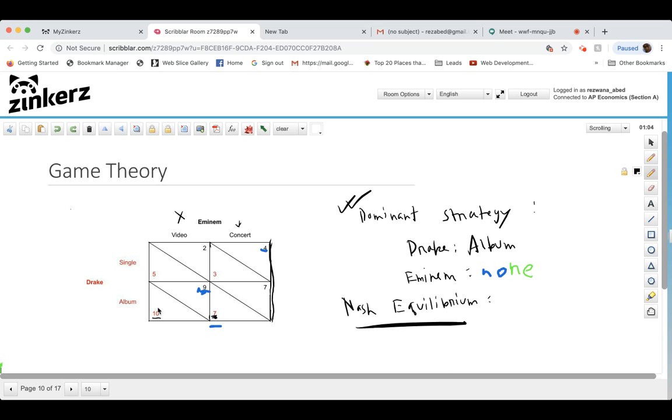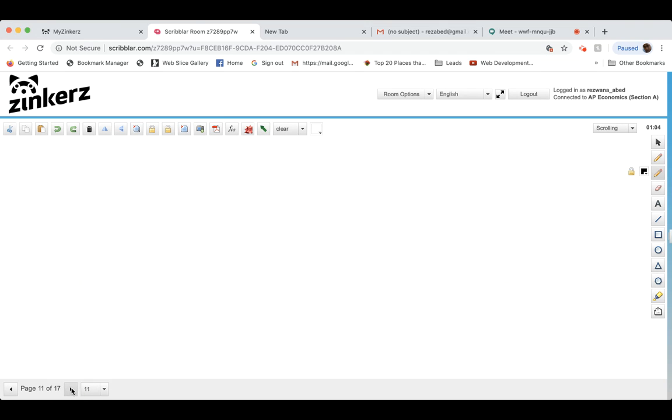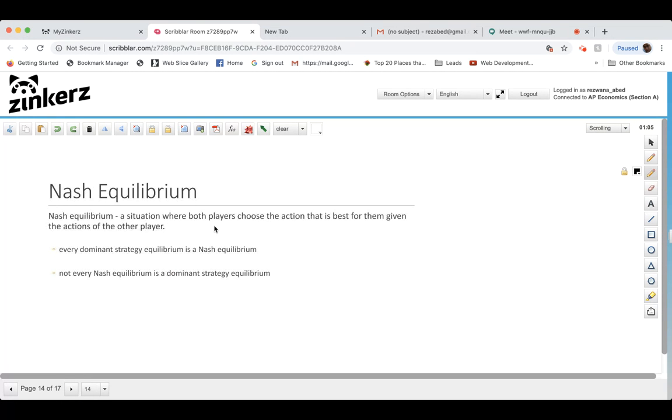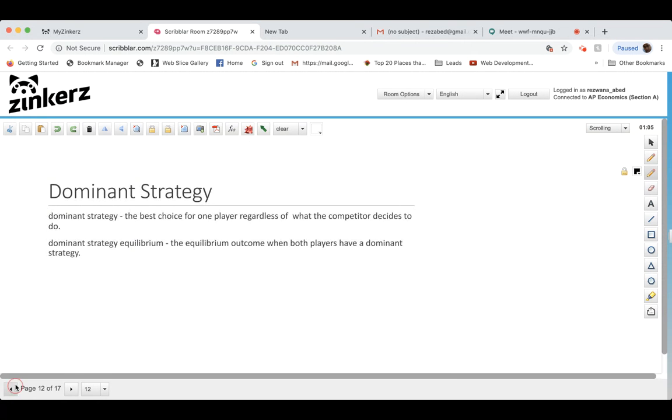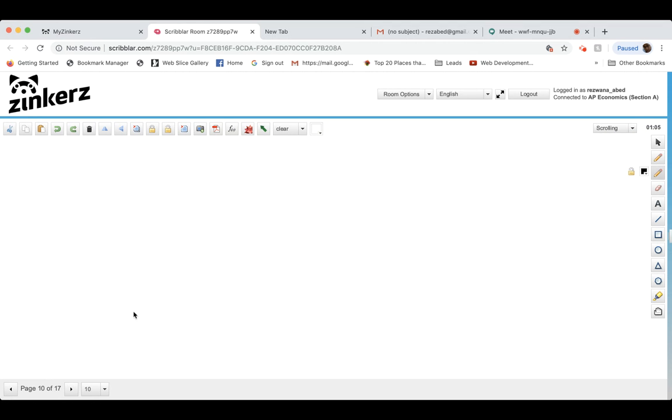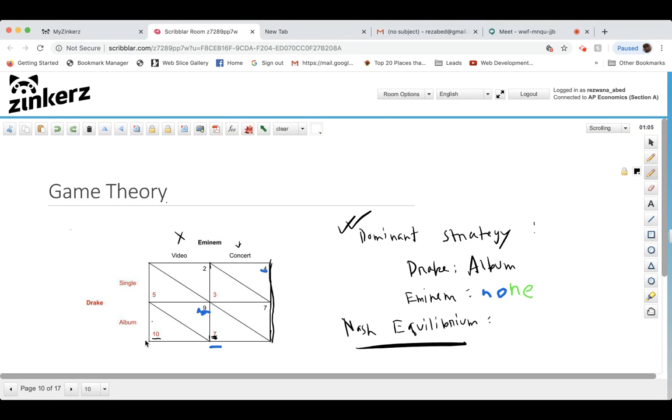So when you have a Nash equilibrium, let's see, I actually have the definition over here. It is a situation where both players choose the action that is best for them given the action of other players. So this is what we have in that cell, in 10 and 9. This one over here, we call that a Nash equilibrium. The reason we call this a Nash equilibrium is because when we are in this cell,